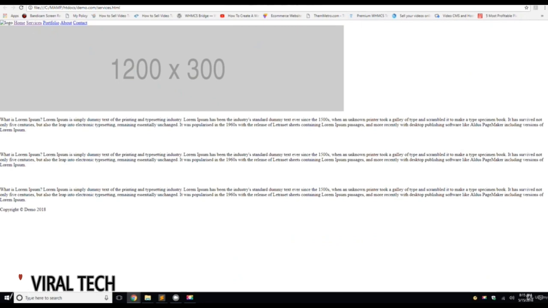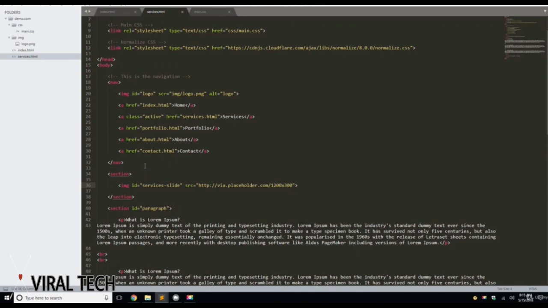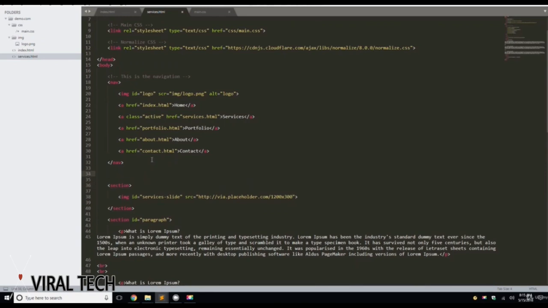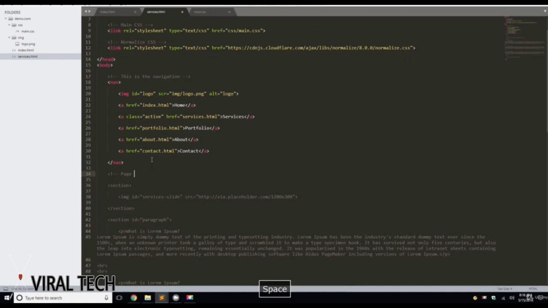You can see the services page. Okay, now I want to give this an H1 so we can identify what page we're on. Okay, so let's comment this out. Page name,